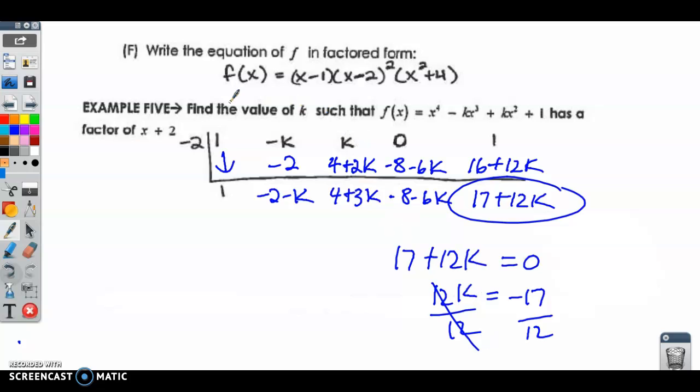If I find the value of k such that it has a factor of x plus 2. And just make sure that you put in 0 because you don't have any x's. So you have to put a 0 in to represent the number of